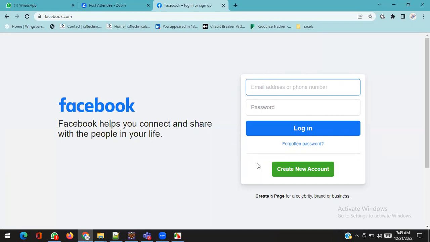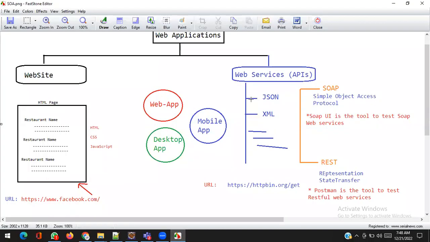In this case data is showing, but data is not in the raw form. It is nicely represented, well formatted, in a fixed template with HTML, CSS and JavaScript. So it becomes more readable for human beings, for us. Okay, so website is something for human beings. But web services is something which returns only data,